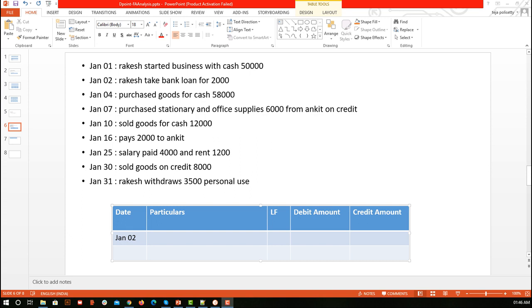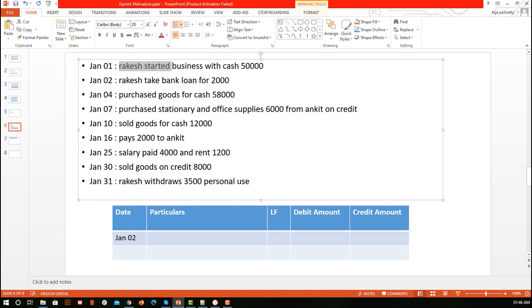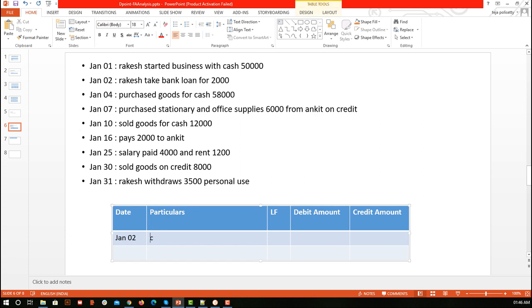Here we can say that a Rakesh account is involved. Can we say that? Because previously we said that it was share capital. Now we can say no, because 2000 is related to the cash account and there is a bank loan involved in it. So here we are going to consider the bank loan account. Don't worry about whether it is a credit or debit, just write the cash account and then the bank loan account. If after our analysis we see that this is a debited account, then we write bank loan in the first line. Let's see what is happening.